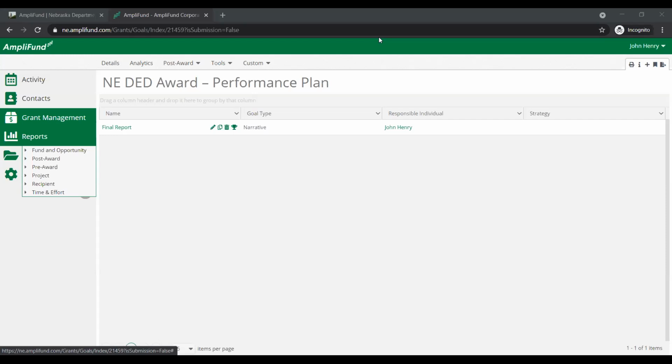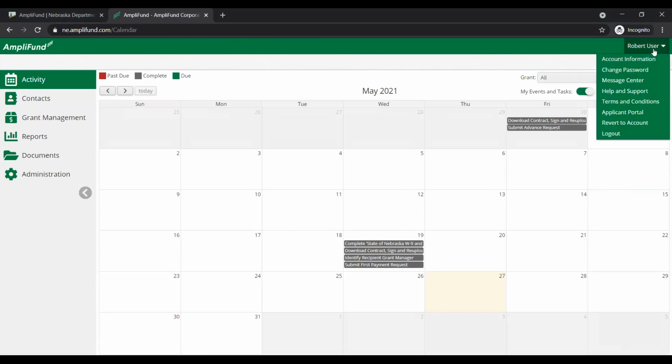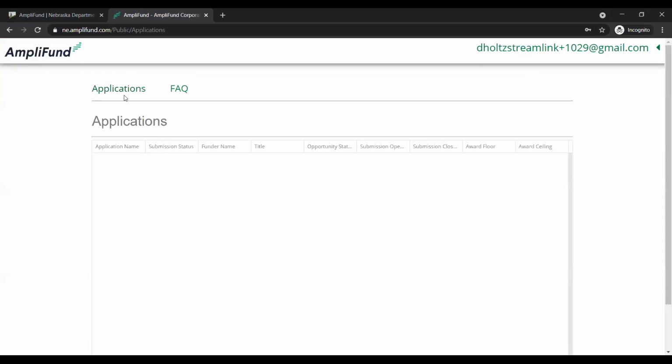So if you log in to Amplifund and it takes you into your recipient portal, and you want to access any active or submitted applications you've worked on, go into your top right-hand corner where you'll see your name, and then go ahead and click on Applicant Portal. What that's going to do is take you to your organization's applicant portal page, where you'll be able to view any previous applications you've submitted or any active applications that you're working on